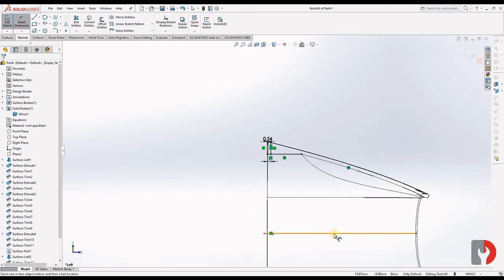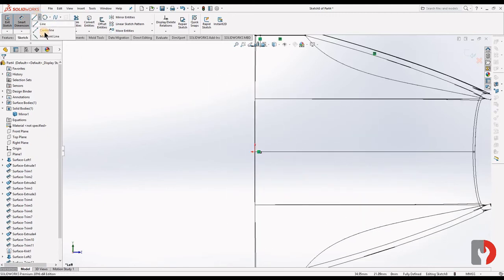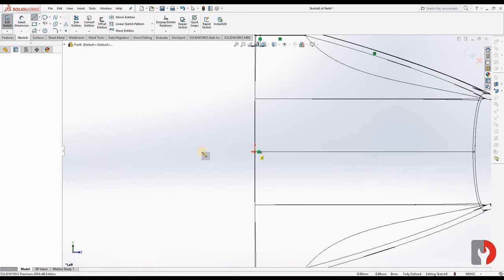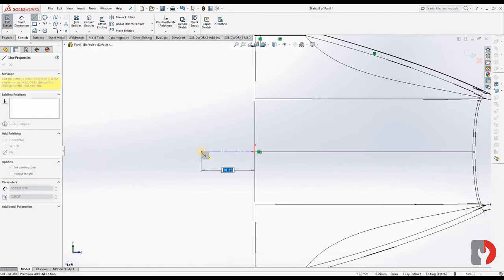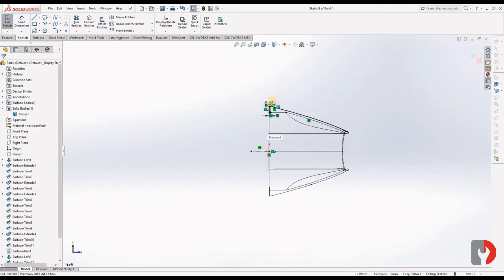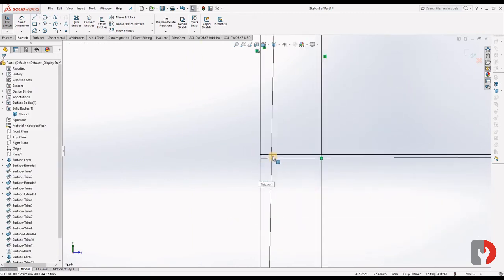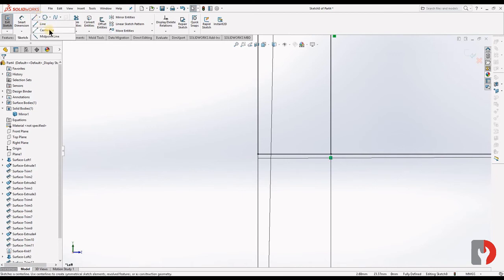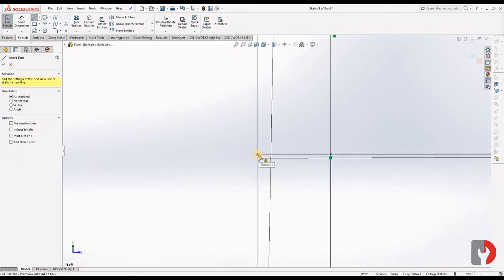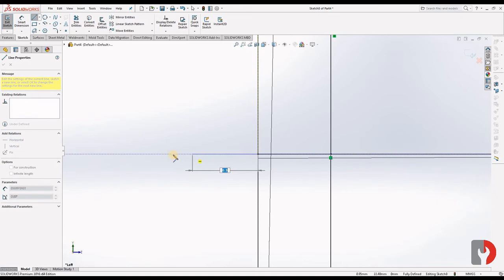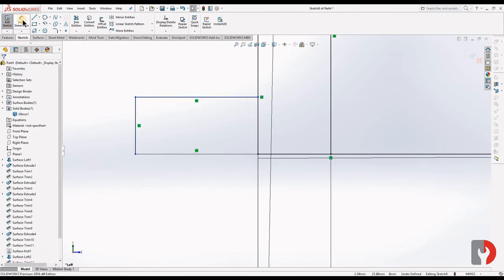Now create a center line. Okay. Just line. Okay, dimension it.